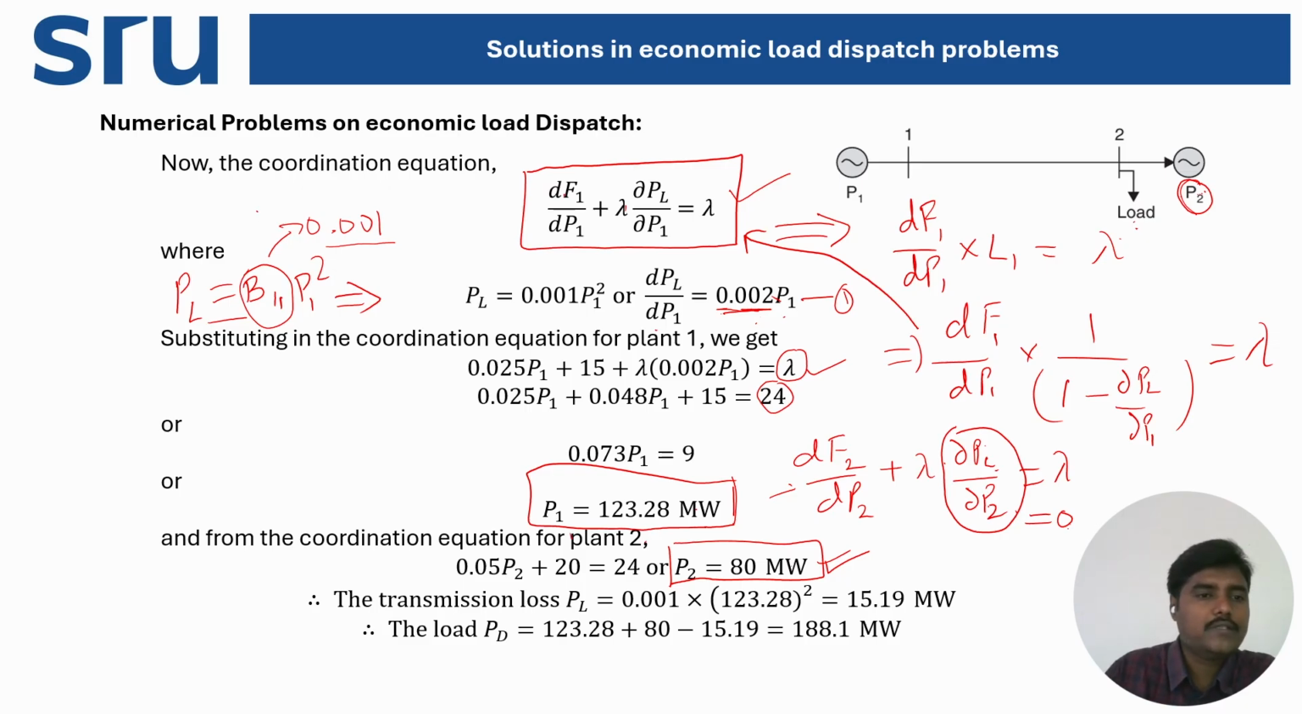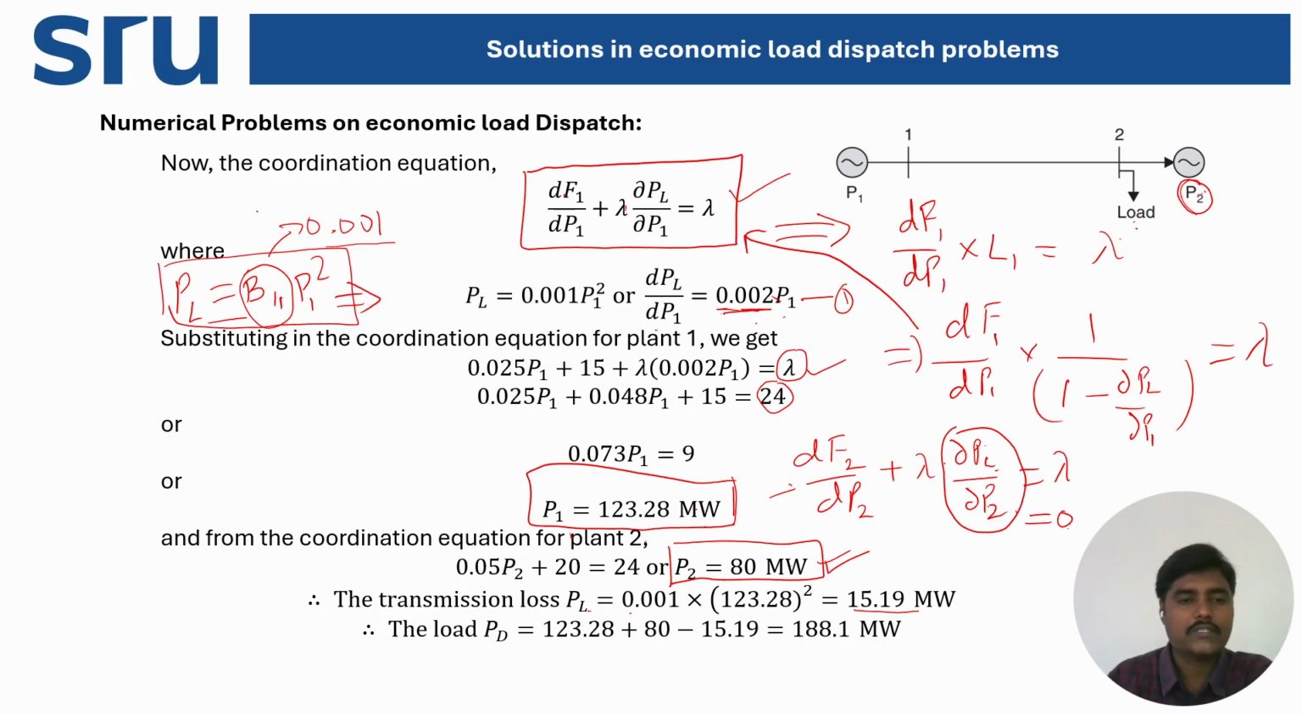Substitute the P1 value in this last equation. PL is equal to V11 P1 square. Then you will get PL as 15.19 megawatt. So once we have individual unit power output values and also power transmission loss values, now take the help of